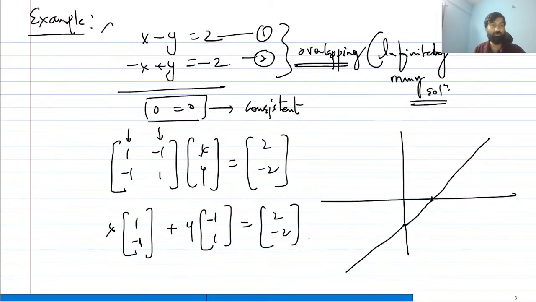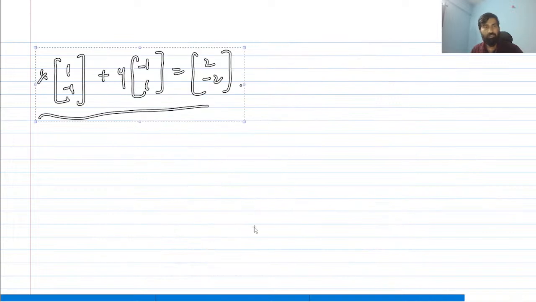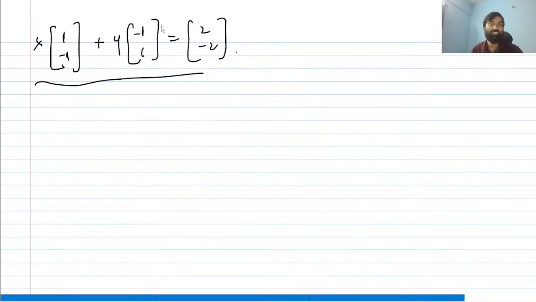Elimination on matrices, and you can also plot it in terms of vectors. So let's draw the vector interpretation as well. This is just for your understanding, you don't have to do it in the examination. In the examination, what you have to do, I will tell. Perfect. So if I draw the vectors, you see